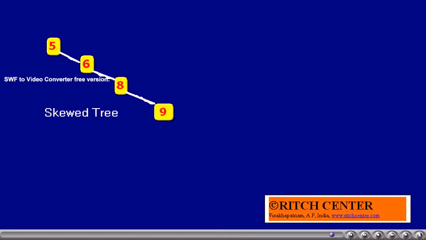However, the algorithm we have discussed has a severe problem. If we enter numbers which are already in order, either ascending or descending, like 5, 6, 7, etc., then we get a tree where first is 5, its right node becomes 6, again its right node becomes 7, and so on.